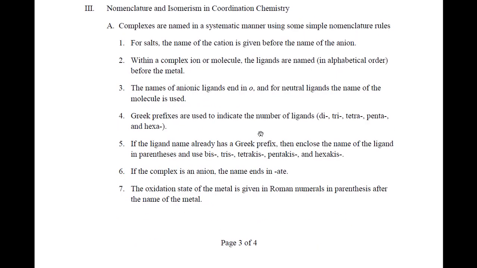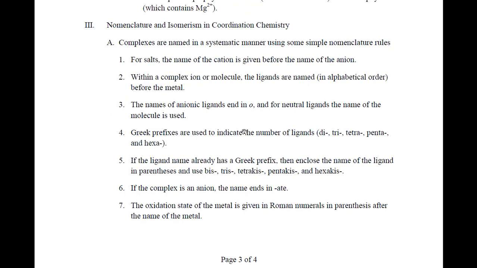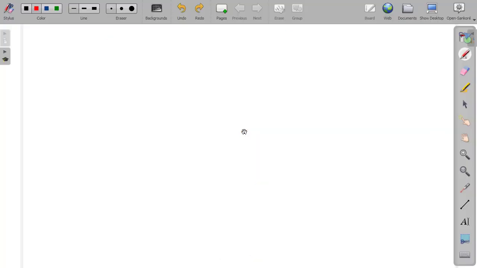And so let's do the nomenclature then. Let's go back to our drawing pad and let's do these nomenclatures real quick. All right, so what is the correct name? The formula is CdEnCl2. Now notice there's no cation or anion. This is a neutral complex then. So there's no need to name a cation or anion since, like I said, it's a neutral complex. To name this, we look at what's in there.